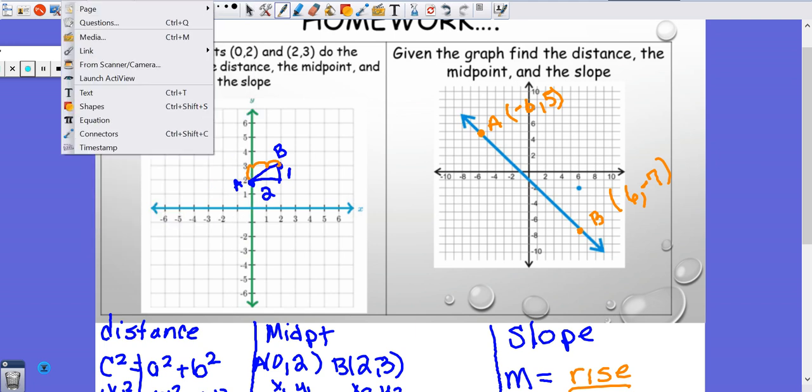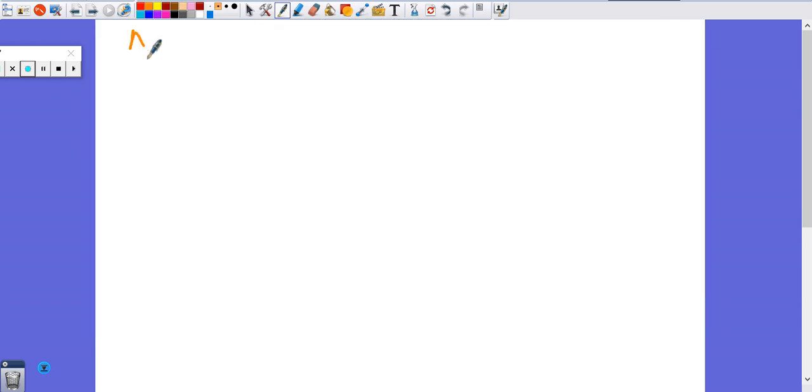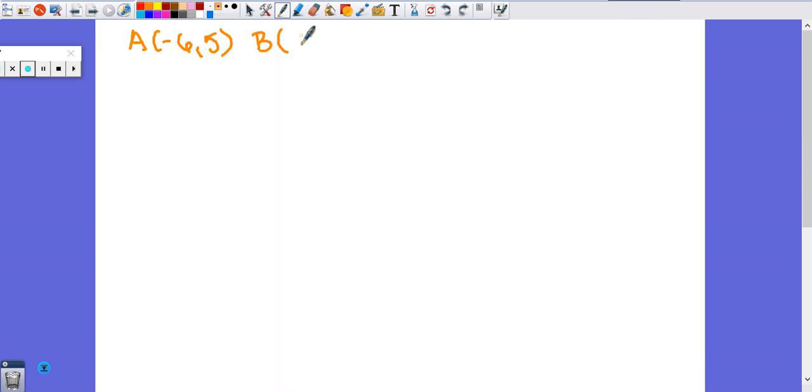And I'm going to insert a page and we're going to go to work. So my points are A, -6 and 5. And my B is, and I'm going to use all formulas this time, 6 and -7. And you can decide to use the other methods, but I'm going formulas so you can see me work with the formulas too. So x1, y1, x2, y2. I'm going to go distance formula first. So if I do distance,